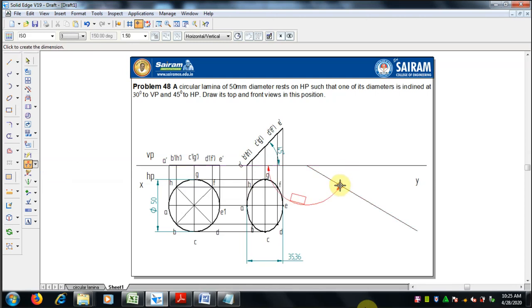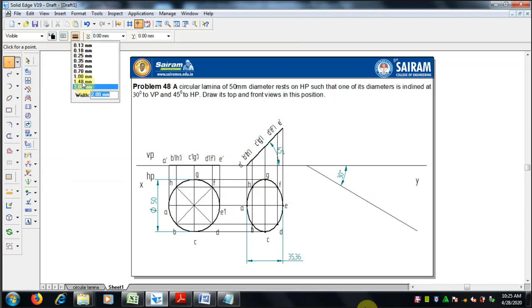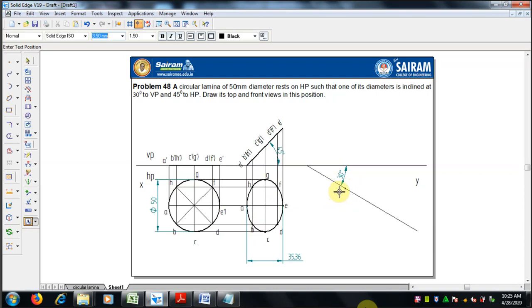Inclination angle, what it is given is 30 degree to VP. So first we have drawn that, and we have to move the AE so it is aligned here, and for that AE1 we have to take the dimension 50 mm from the first initial position, draw an arc from the point A. First let me keep a point A, and then go select an arc.